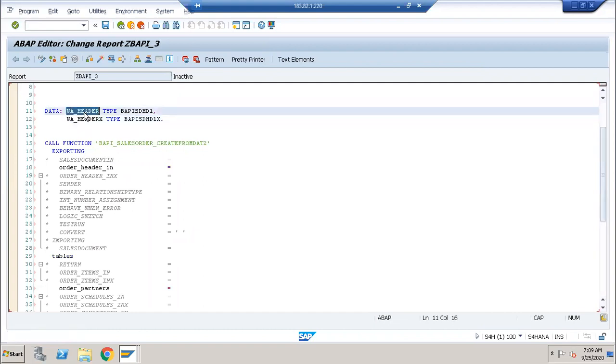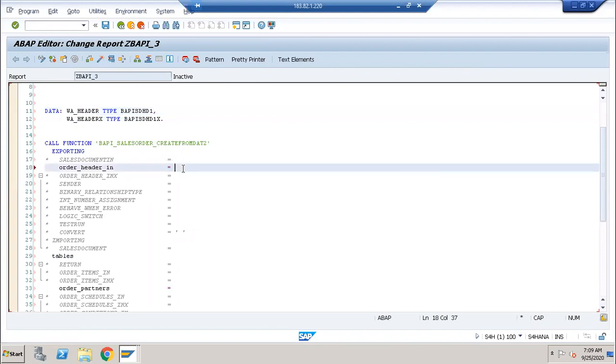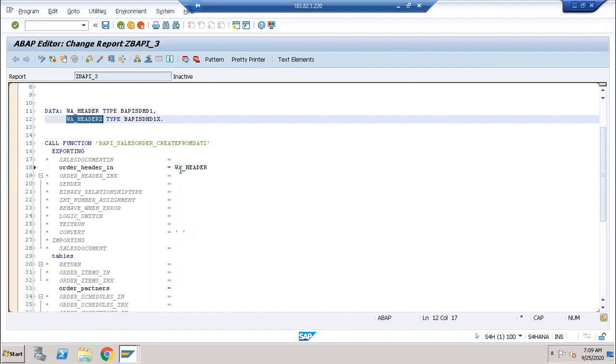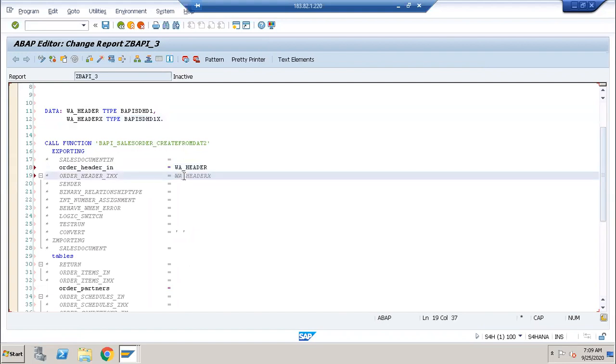Work area header I copy and paste here, and work area header X I take and pass here. I am not filling that one yet, I will fill it later. First I am declaring, and then I will show how to declare the internal tables.